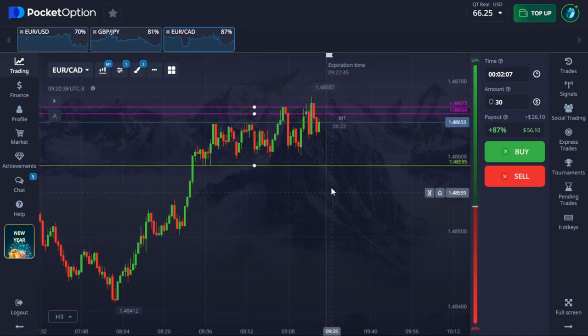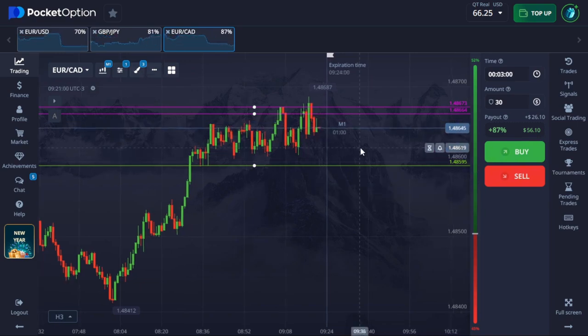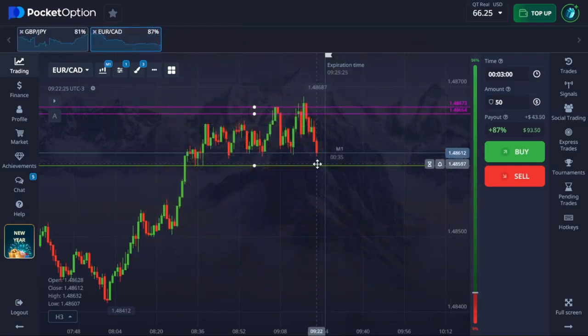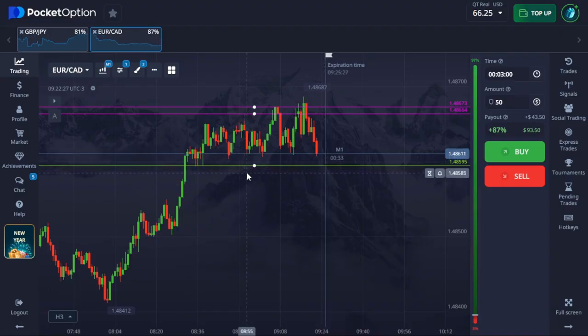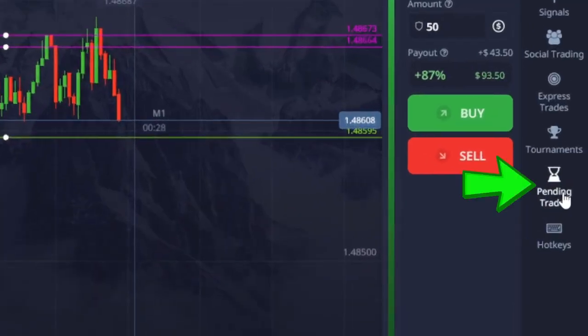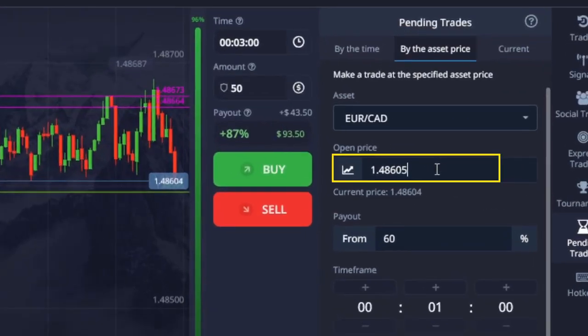Okay, so let's change this and let's get ready for the next one. All right, so now $50. It looks like the pair is approaching the bottom points. I might take the entry based on the price action. Maybe we'll dip a bit more in the reverse. I'm still placing the order at